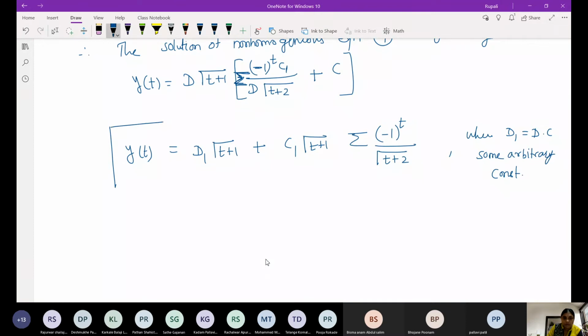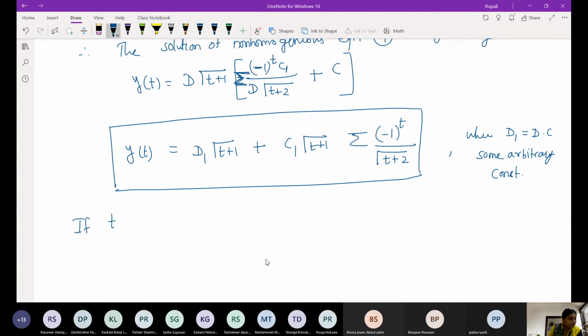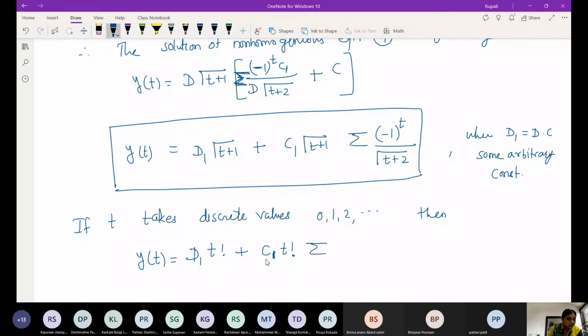Where D1 and C1 are some arbitrary constants. D into C is some other arbitrary constant. Is that okay? So that will be my Y of t. This will be the final solution, or we can write it in another form also. If t takes discrete values 0, 1, 2 and so on, then this can be written as Y of t equal to some constant D1 times t factorial plus C into C1 into t factorial times the summation k equal to 0 to t minus 1 of minus 1 raised to k upon gamma k plus 1,